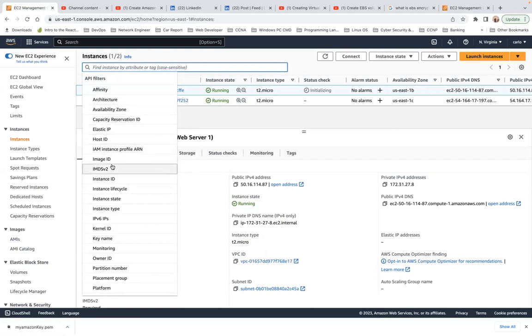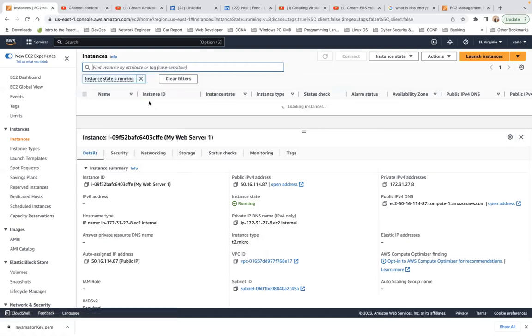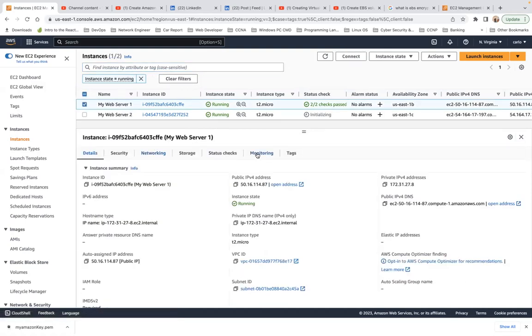Instance state equal running. So let's just go and select. Now, if we select this and we go to networking,